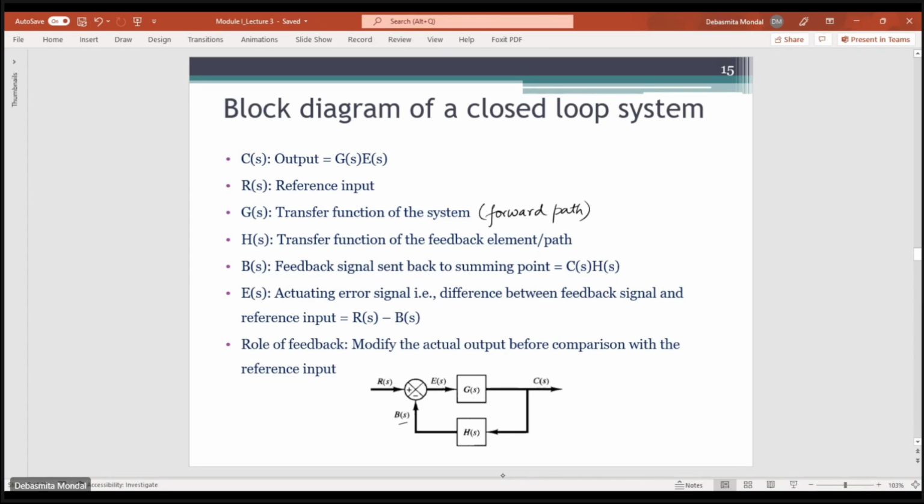And why are we using this feedback? Just to recap, the role of the feedback is that it modifies